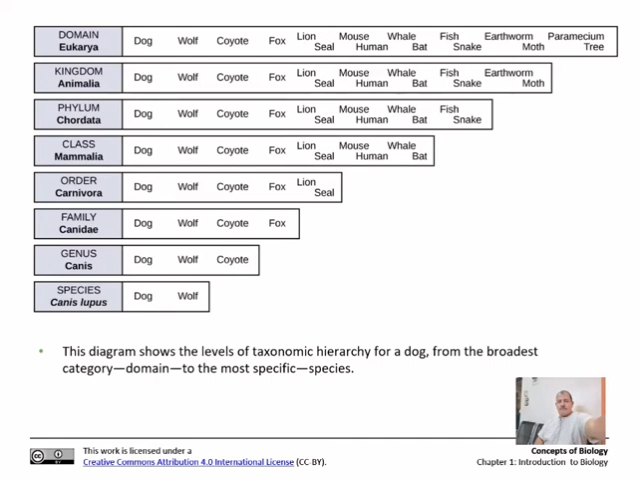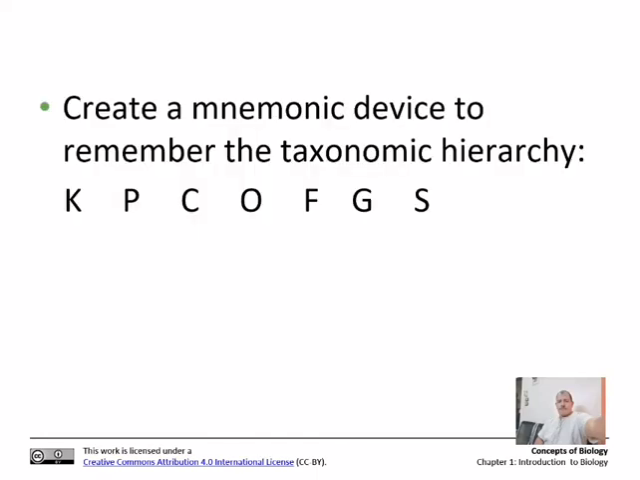So we have this domain, which is Eukarya. It includes dogs, wolves, coyotes, foxes, lions, seals, mouse, human, whales, bat, fish, snake, earthworm, moth, paramecium, trees. But kingdom Animalia only includes dog, wolf, coyote, fox, lion, seal, mouse, human, whale, bat, fish, snake, earthworm, moth. Phylum Chordata, which have a spinal cord. Dogs, wolves, coyotes, fox, lion, seal,